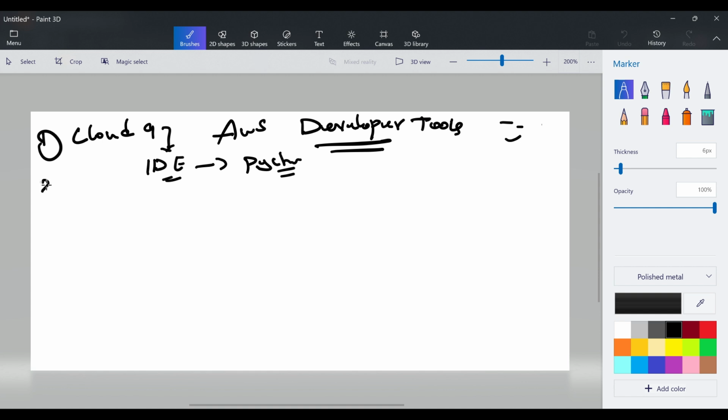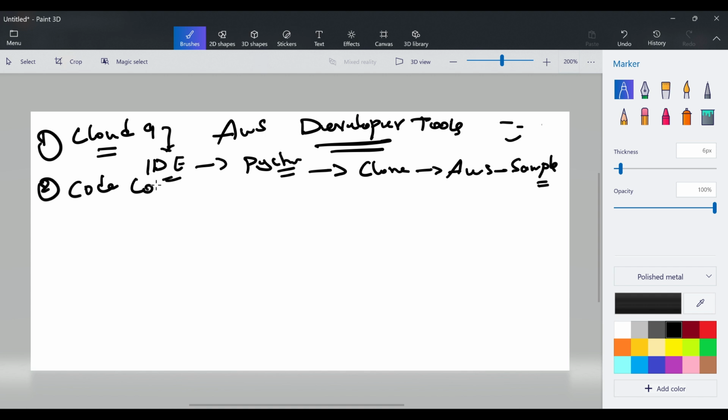And then, the reason why we are configuring IDE is we are going to clone one repository. We are going to clone one repository from where? From AWS samples. We are going to clone one Java application here, right? So once after doing all the changes, then we are going to push the code to our repository. What was the repository here? Here it is,